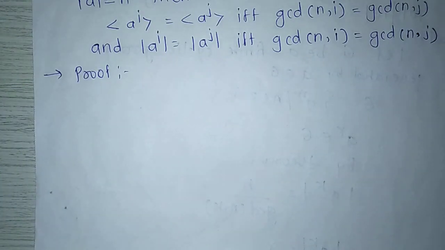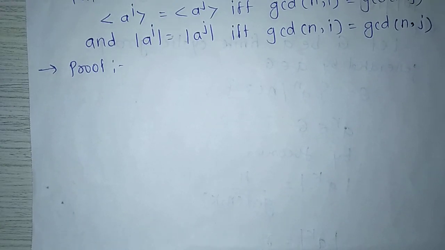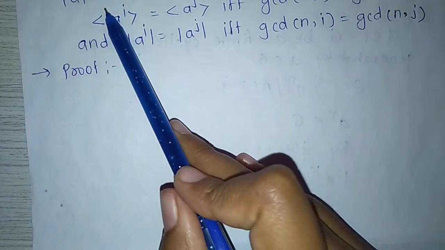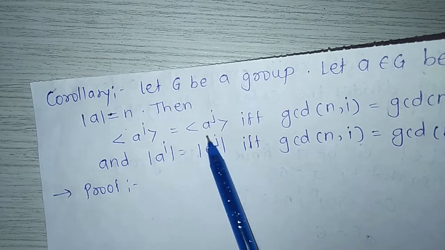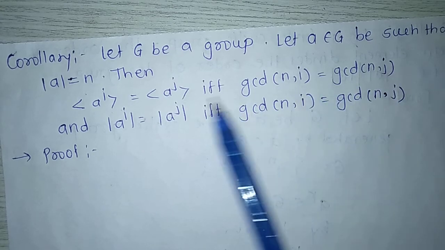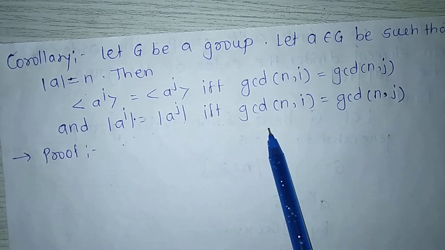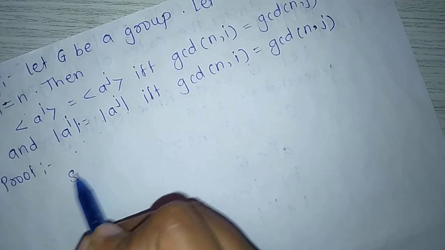Next corollary: let G be a group and let a belong to G be such that the order of a equals n. Then the set generated by a raised to i equals the set generated by a raised to j if and only if GCD of n and i equals GCD of n and j, and the order of a raised to i equals the order of a raised to j if and only if GCD of n and i equals GCD of n and j. Proof: first, suppose